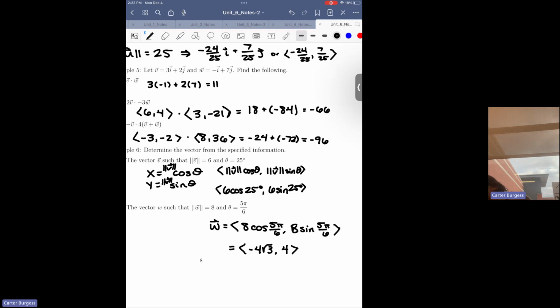So exactly the same thing that we did in 6.1 and 6.2, when we were given our polar information, when we knew what r was and what theta was, and what we wanted to know was what is x, what is y, you are simply using r cosine theta, r sine theta in order to figure that out. All right. Questions with